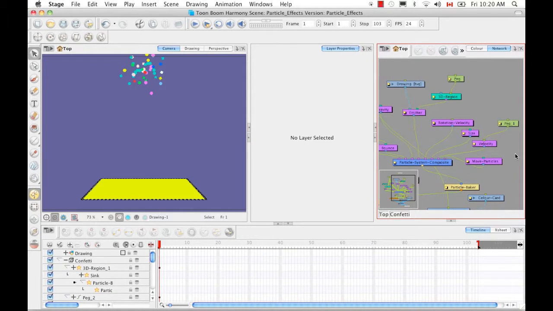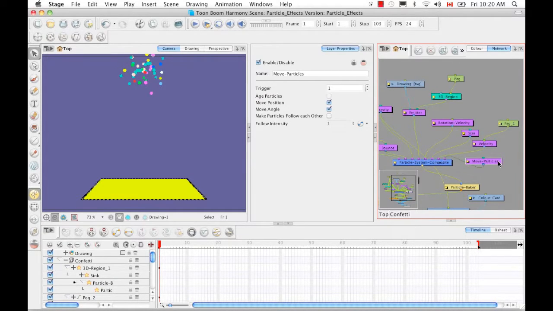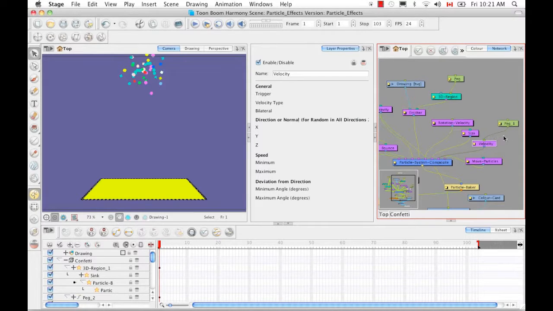And let's work from right to left, as that's the way that these action modules are being read. And if there's anything connected to the action modules, then I'll also discuss them as well. So the first one we saw was the move particles. And we actually already went into layer properties in the first video. So we're going to skip that and then move on to the velocity, which in this case also has a peg. So for this module specifically, I'm going to click on its yellow box to bring up its layer properties